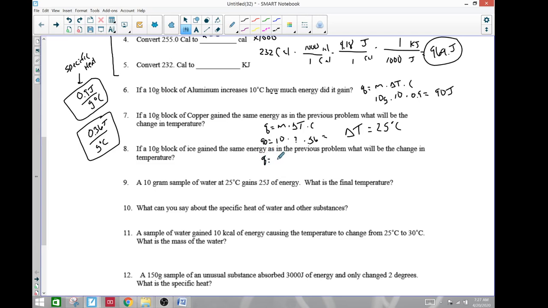Q equals the mass times change in temperature times the heat. So we'll put the 90 in here. You're going to put the 10 in here. Okay, change in temperature is what we're looking for. This guy right here. And then heat is unknown. I gotta look that up. You need that guy right there. Okay, so look this up. It's the same problem,